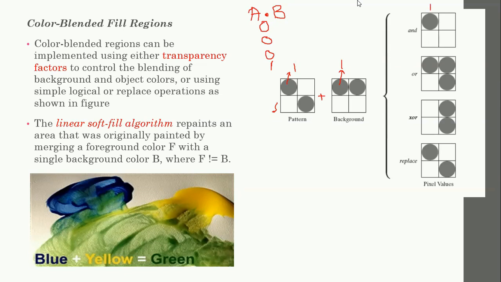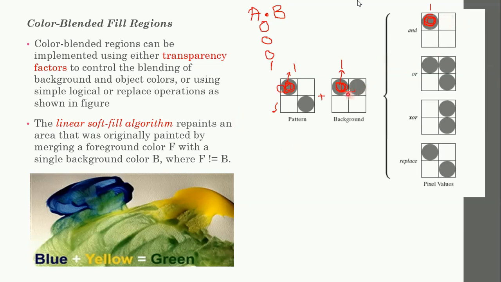This pixel will be on only when the pattern here is on, and the background pixel here is also on. That time you get 1. Next, suppose you have 0 here and 1 here. If you do an AND operation with 0 and 1, you get 0.